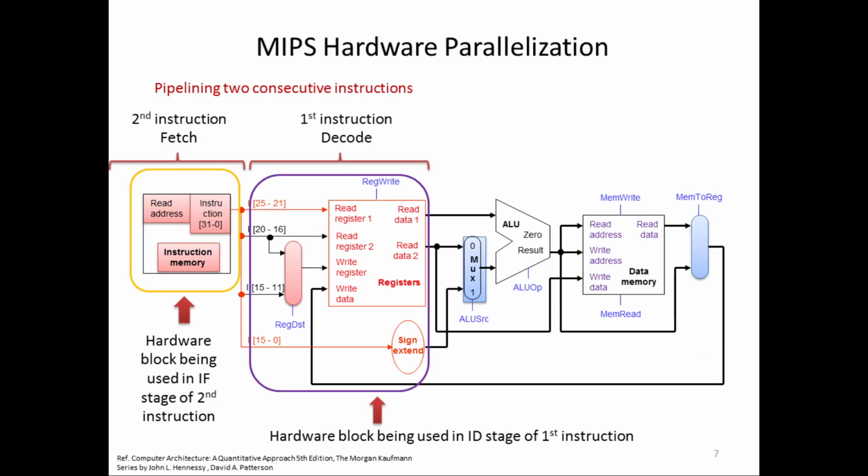Now what happens if you try to do 2 instructions in parallel? The first instruction, which has already traversed the instruction fetch stage, has now moved forward into the instruction decode stage. So this blue encircled box indicates the first instruction's decode, while the second instruction is right now in the fetching stage. This yellow encircled box refers to the hardware component responsible for fetching, while the blue box is responsible for decoding. So you see the overlap of 2 instructions happening within a single data path at the architecture level.